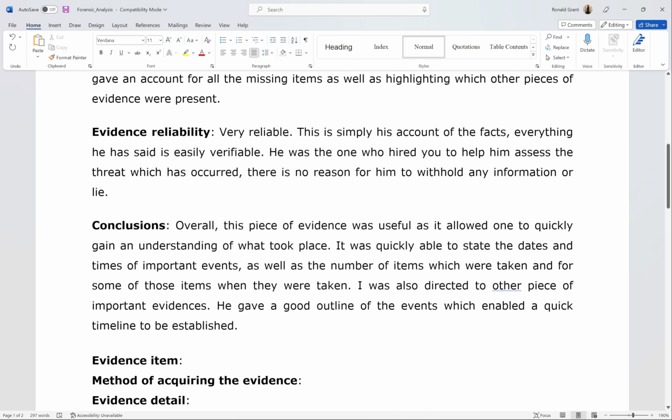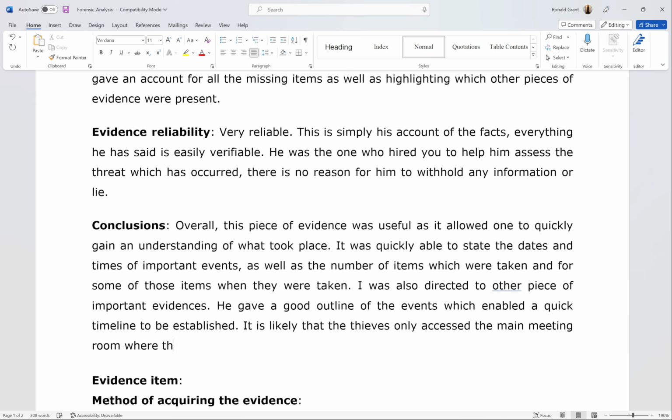Another thing I could actually add here is that based on just this basic information, it is unlikely that people got into the main offices. It is more likely that they only went into the open meeting room where the laptop was left. So I'm going to say it is likely that the thieves only accessed the main meeting room where the phone